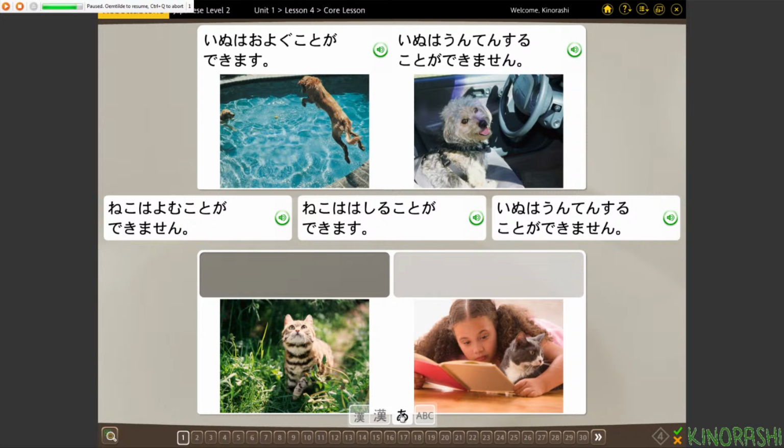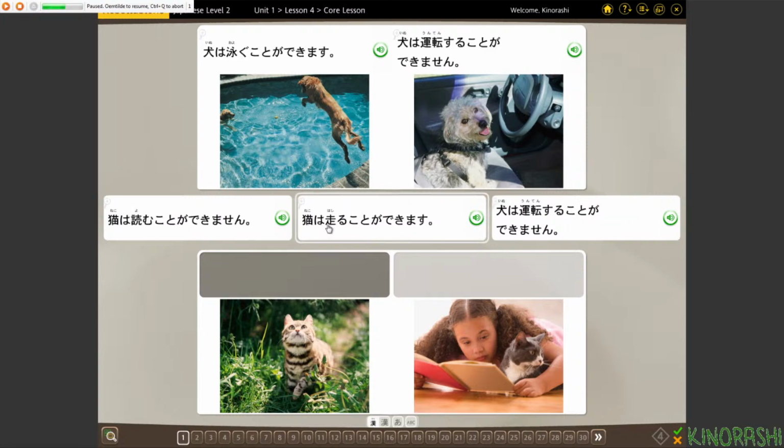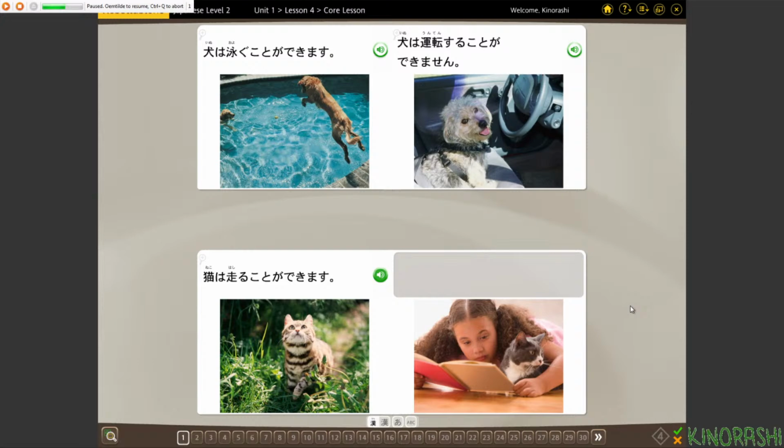But I think it's saying the cat is doing it, but the cat doesn't look like it's running to me. Neko. Yeah, it says that looks like the symbol for hashite. Yeah, hashiru. 猫は走ることができます。